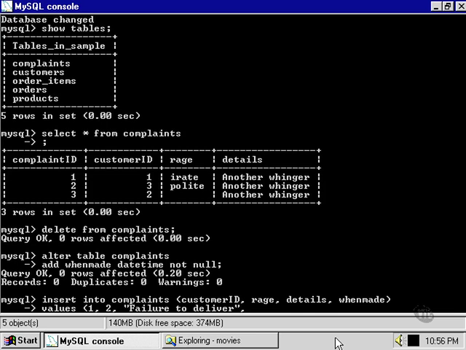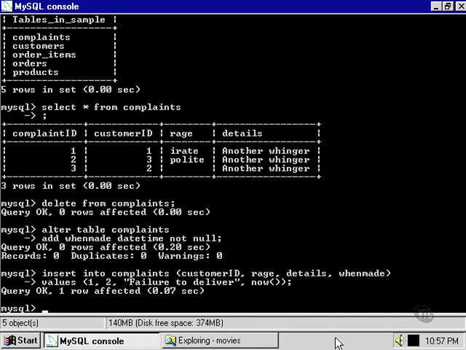column. Now we could manually insert a date and time in this format: year, month, day, and then the time. Alternatively, we could use this function, now. What this function does is a very handy little function. It inserts the date and time into that column without us having to check the time and find out what it is. I say that now is a very handy little function because it works not only with the datetime column type, but also the other time and date columns that we're going to find out about later in this movie. For now, let's insert this piece of data into our complaints table and take a look at what